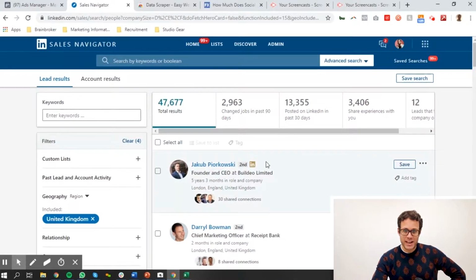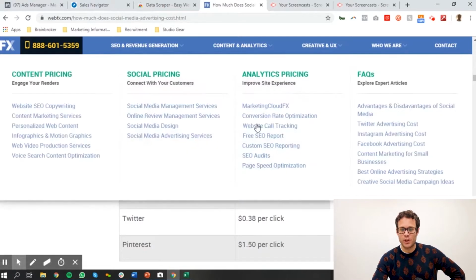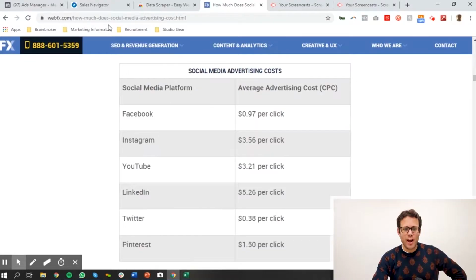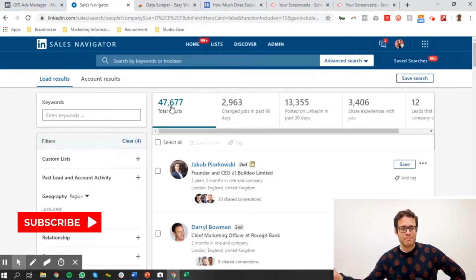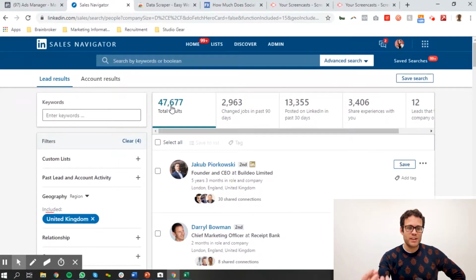So that's why we need to find a smarter way of getting this data and put it into Facebook, so we can advertise at $1 per click. But we can bypass all of Facebook's lazy, useless targeting criteria, which is very limited. So how are we going to do that? Well, the easiest way is to get this list out of LinkedIn as email addresses and load them into Facebook and match email addresses with Facebook profiles. And believe me, it's way more simple than that sounds. So bear with me, people.